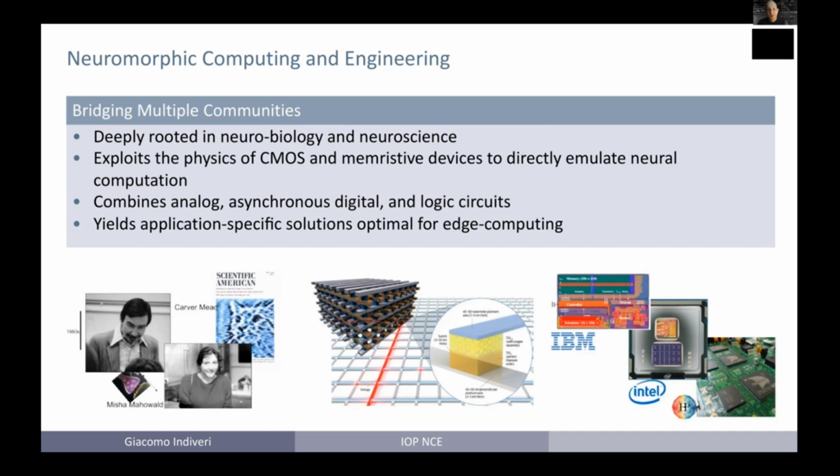The journal has already accepted a wide range of submissions. They're equally distributed between neuroscience, modeling, and material science and devices. It aims to become a really high impact journal. We are really looking forward to receiving your submission, and we're really looking forward to promoting through this IOP journal the growth of the community. Thank you for your attention.